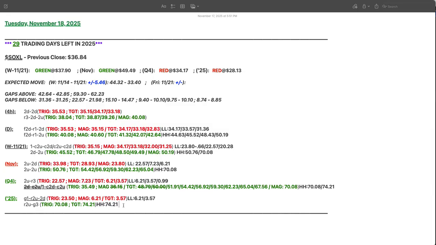And then on the year, again, we reversed that 1 2 up 2 down, giving us a higher low as of this point, forming more of a hammerish candle. We've still got about a month and a half left to go, so we want to continue to push up through the end of the year. But if we don't, it would take getting all the way back down to 23.50 before we're back in force on this 1 2 up 2 down. I say all the way, but it's really not that far. It's only $13 away. So if we start to get close to it again, if the year turns red, now we're looking at,